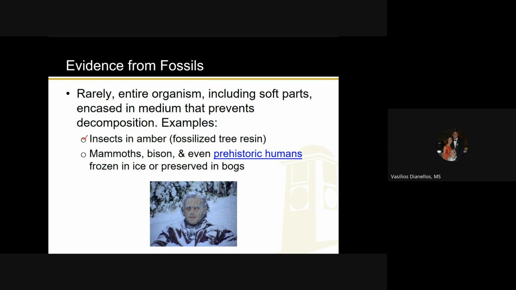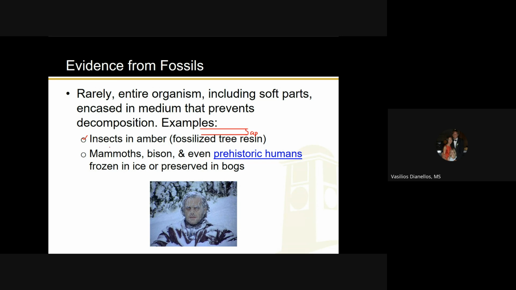There was a mosquito that had gotten a meal from dinosaur blood, then landed on a tree, which got covered in tree resin or sap. Is another way of putting that. Man, sorry about that. I don't know what's up with those lines. Anyway, it got covered with the sap, and then that sap fossilized, and that gives us amber, right? So then there was that mosquito, perfectly preserved in that amber.